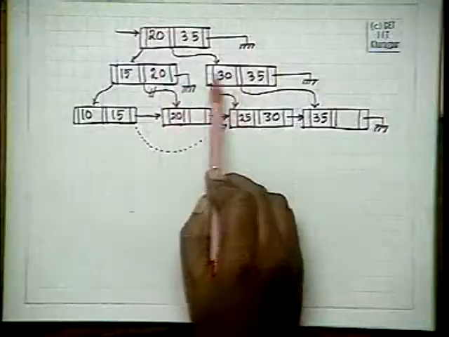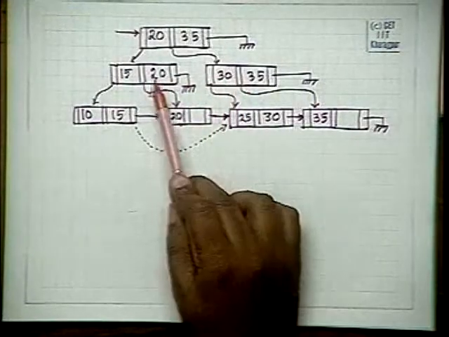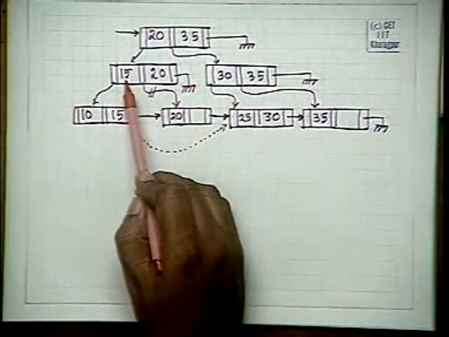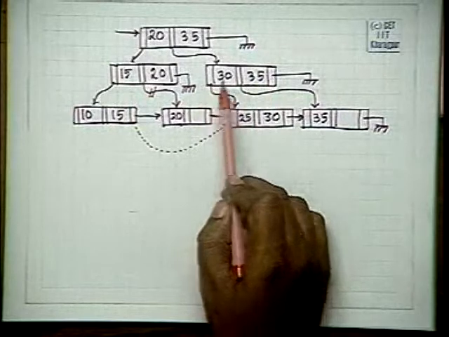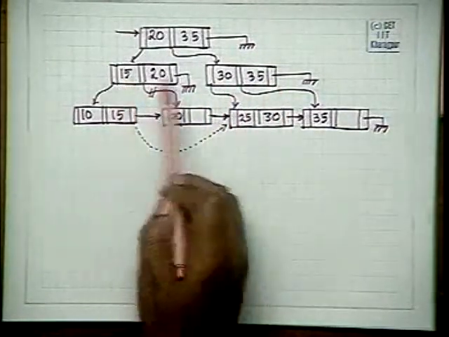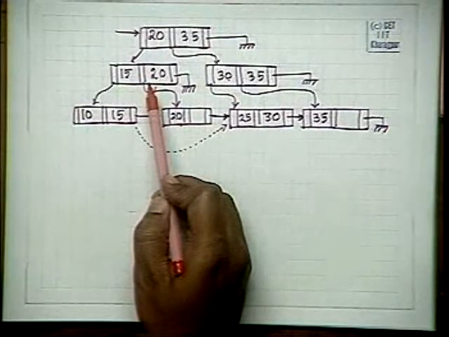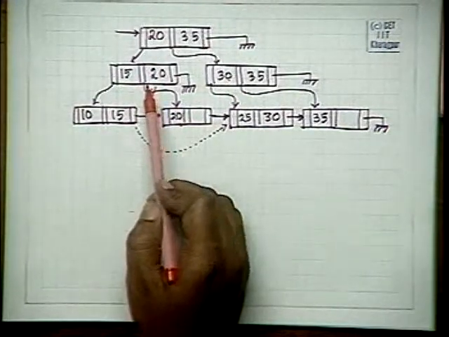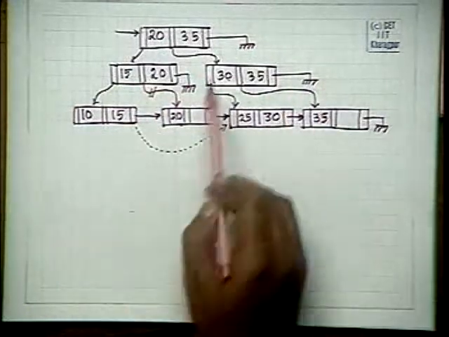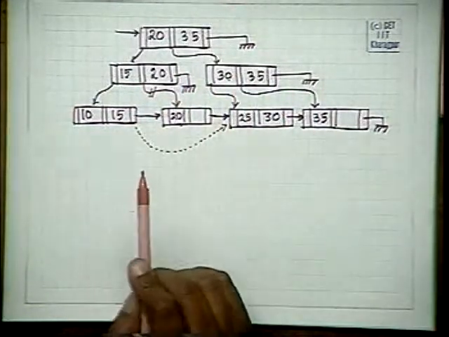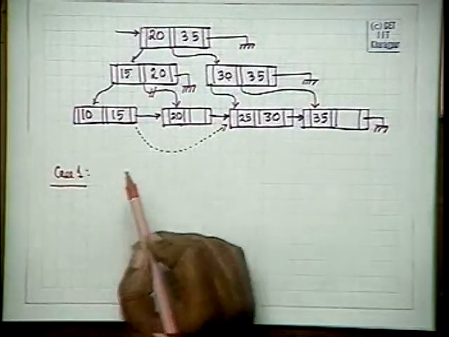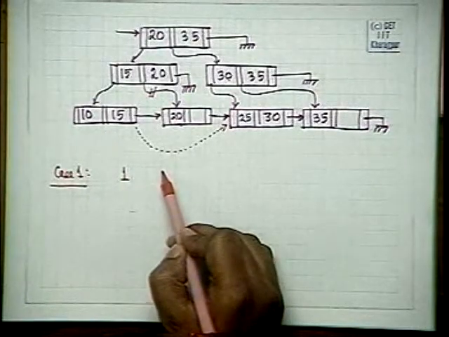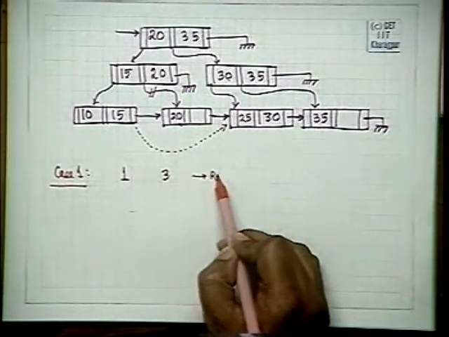What is the adjustment that I have to do? I have to now adjust it with its brothers. If its brothers are not full, there is only one element here, one pointer. If its brother is full, then it has got 3 pointers and this has got 1. I will bring 1 pointer from here and put it here. So there may be, with its brothers, with its just next brother, there may be 2 cases. Case 1, this node has got 1, the brother has got 3. Then I will redistribute.